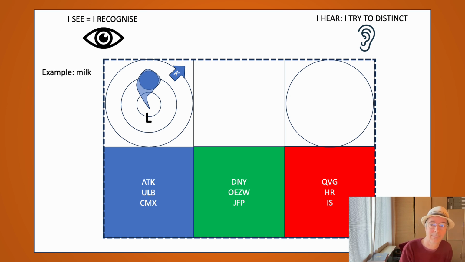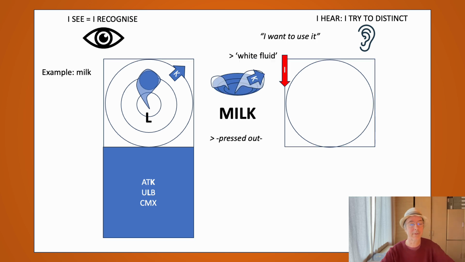And with the example of milk, what will be then in the end if I compare it with M, E, L and K? I have this sense of the material that comes out. I can even associate it. I press it out. I press the white fluid out. I take it out and I want to use it. I use it as something that is not part of it. I use it for a new purpose. That's my milk that I have pressed out.